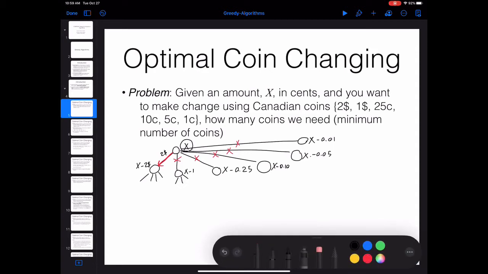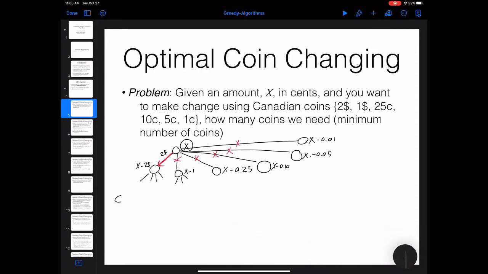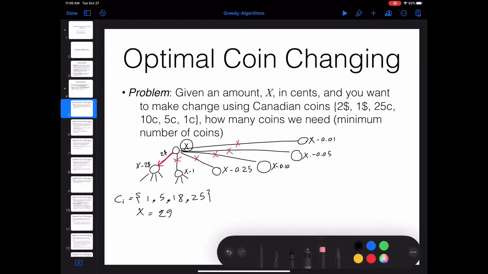let me use a different color. The coin system that you have is, for example, 1, 5, 18 and 25. And you want to change an amount like 29. This is an example that we have seen in the dynamic programming case. You can see that if I choose the greedy strategy that tells me to always use the largest coin, so the greedy strategy